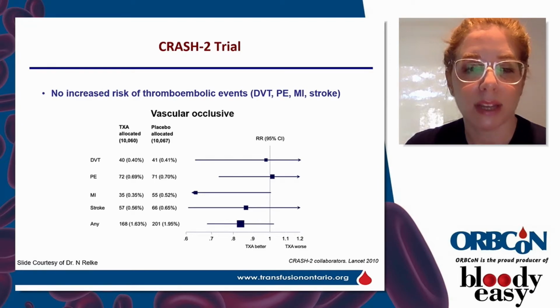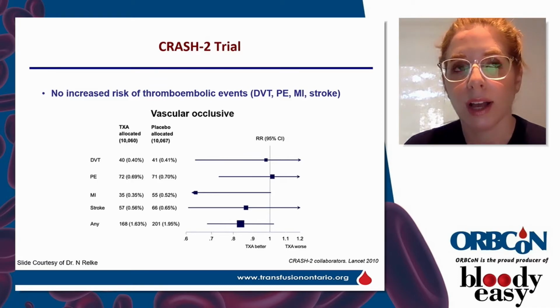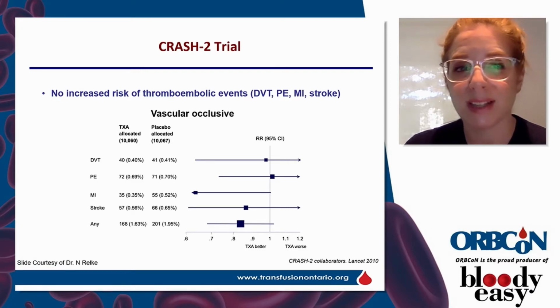And so I really like to think of tranexamic acid as a clot stabilizer. It's not going to trigger a pathologic blood clot to develop, but certainly if one were present, it might worsen it. But importantly, this, along with many randomized controlled trials and meta-analyses, do not indicate an increased risk of thrombosis. So this really should not be of concern to the individuals involved in the management of a patient with massive